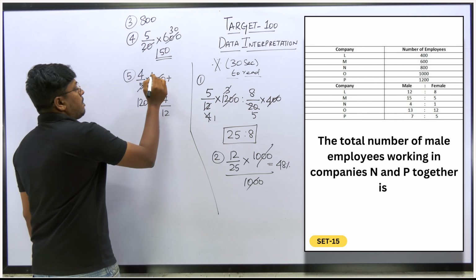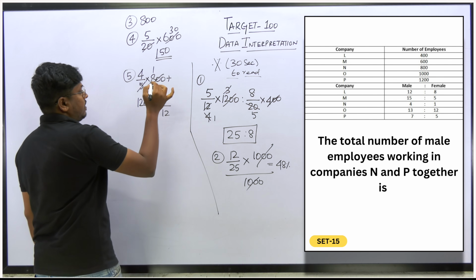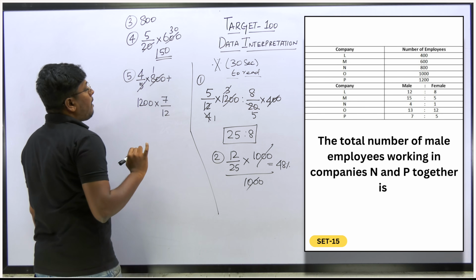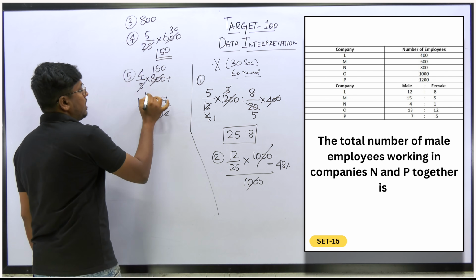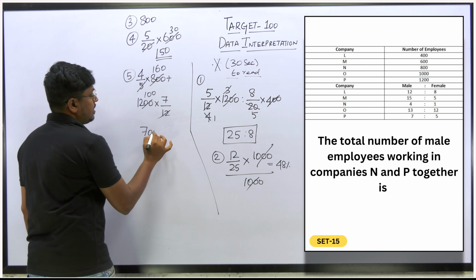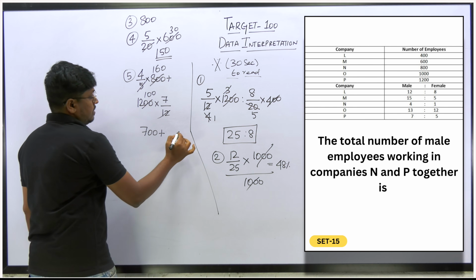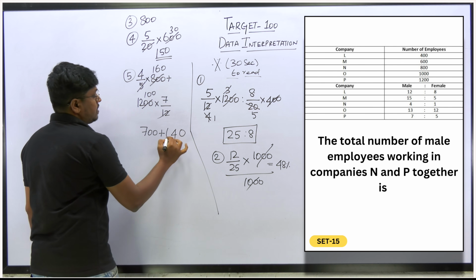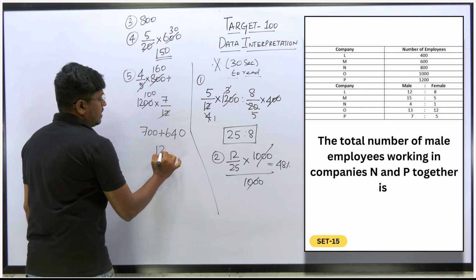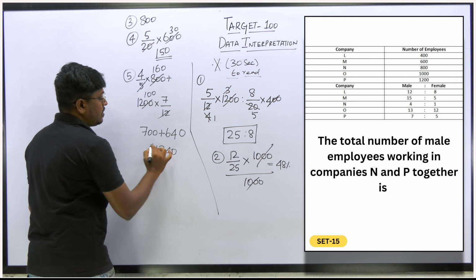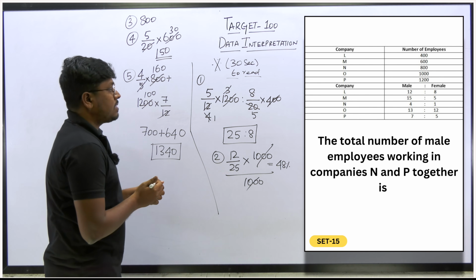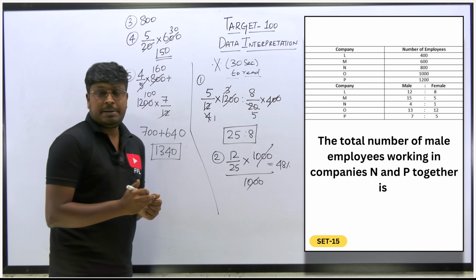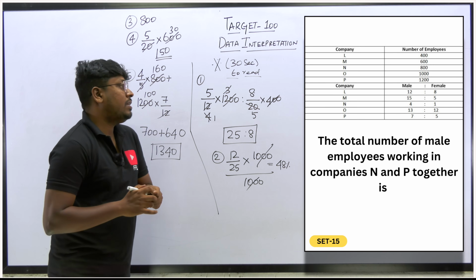This can be 1 5 is 5, right? 160. So this will be 100. So this will be 700. So plus, 24 to 640, 1340. So 1340 will be the total number of male employees in the given companies, that is N and P together, which is the answer for the last question,